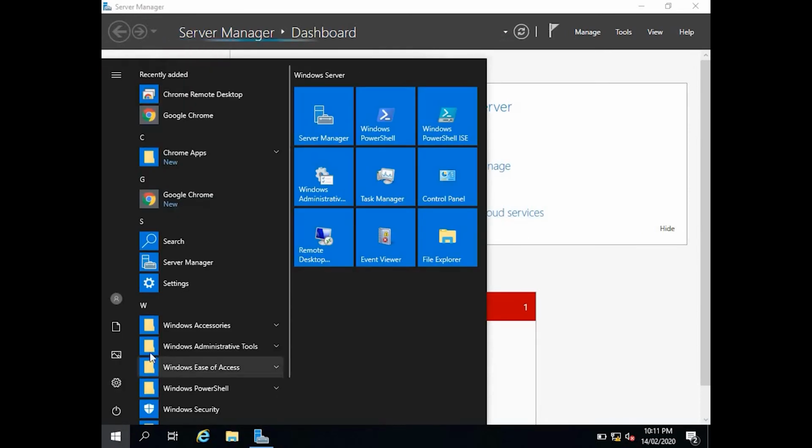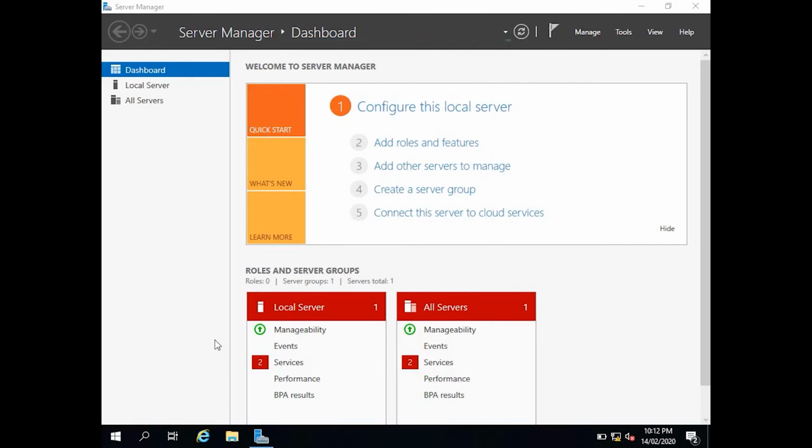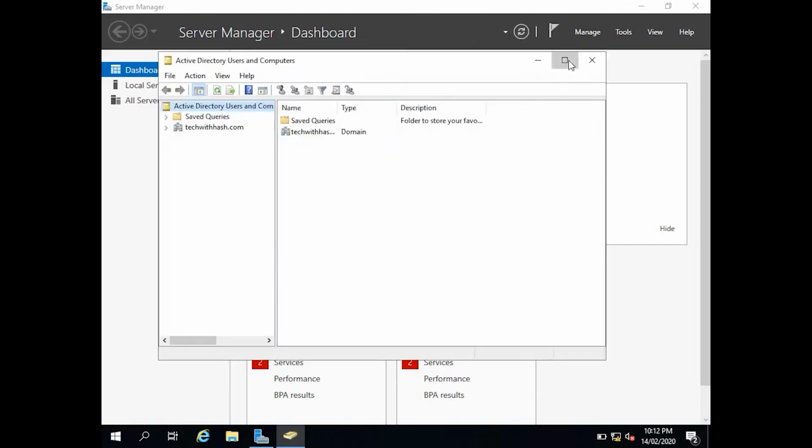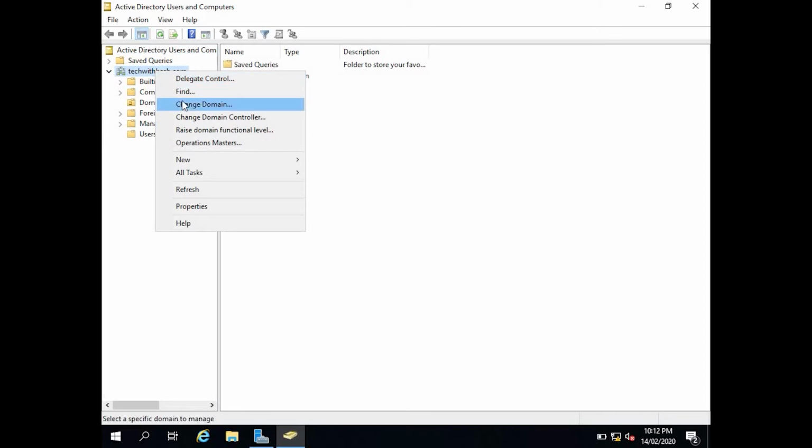and if you go to administrator tools, you can see Active Directory, all the roles and the settings. Active Directory users and computers, that's the main window you need to add any users. So yeah, according to your requirement, you can add the organization units and organize according to what you need in